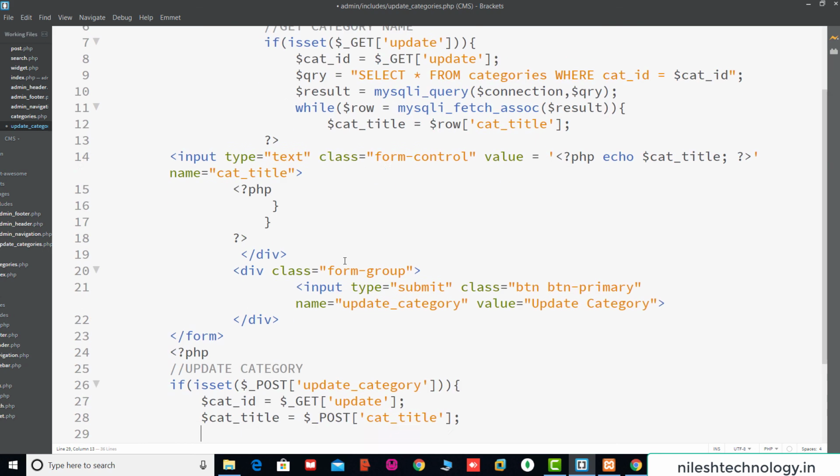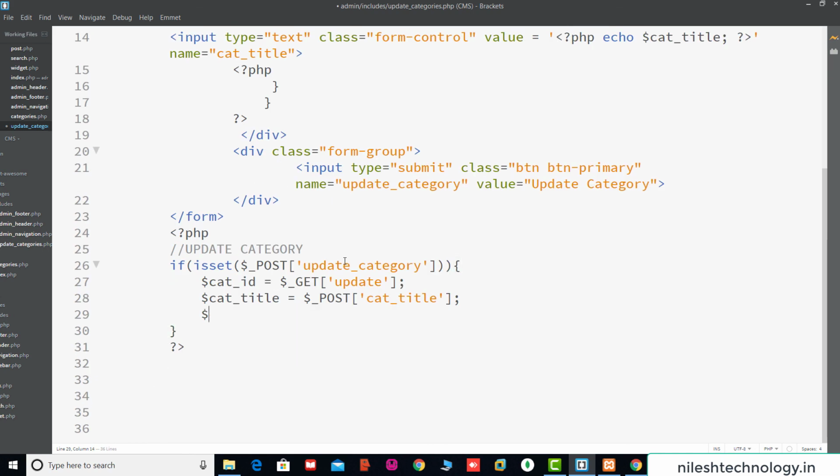Okay, now here we use one query: update categories set cat title is equal to $cat title, where cat ID is equal to, this is your $cat ID.